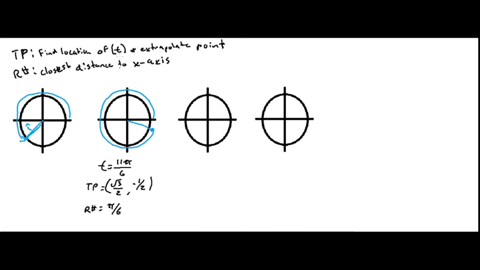And I got that one because from the line you can tell that this x-axis is closest to where 11 pi over 6 ends up, so you just want to move up pi over 6 and you'll be right at the x-axis, which should be 2 pi. So basically what I did was 2 pi minus 11 pi over 6, and that just leaves you with 1/6 pi. So let's move on to say t is equal to